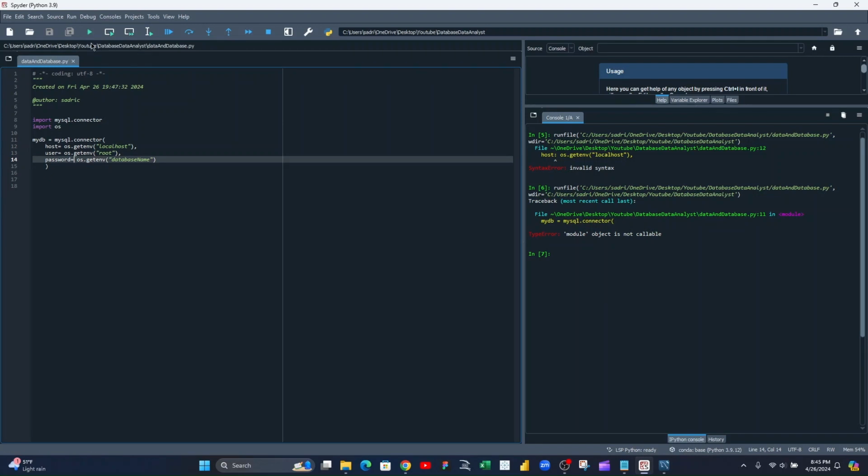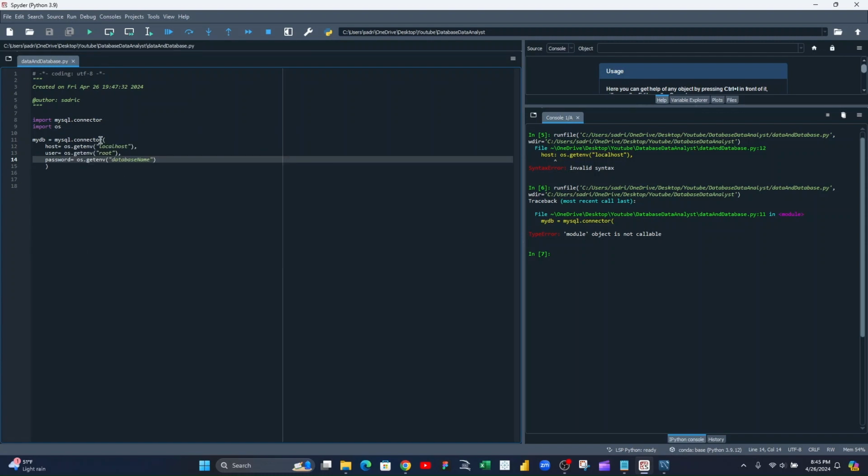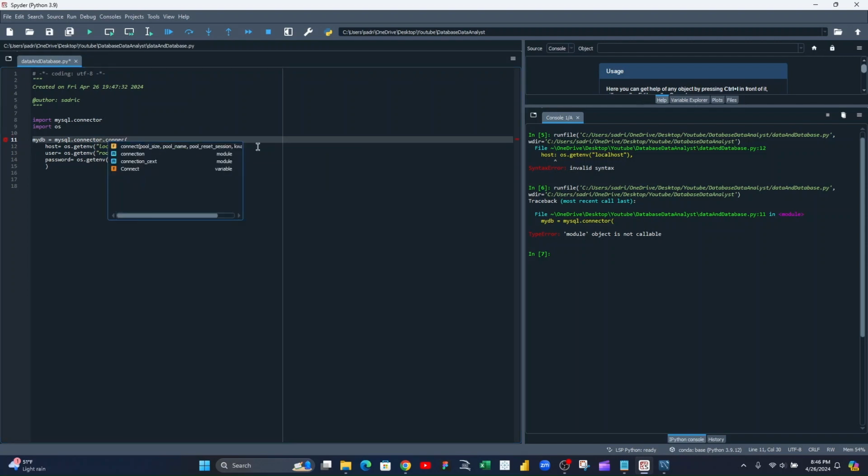Module object is not callable. Did I mess it up again? Connector was... oh yeah, connector dot connect. Oh, sorry. Ah man, not easy. Huh? Not connected. Anyway,